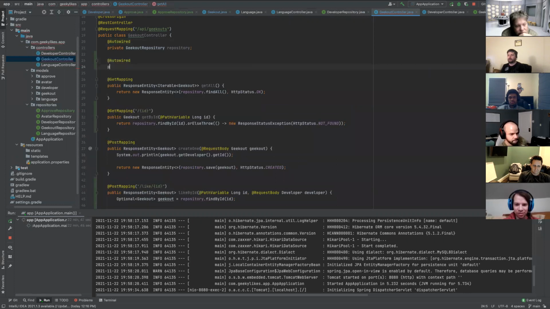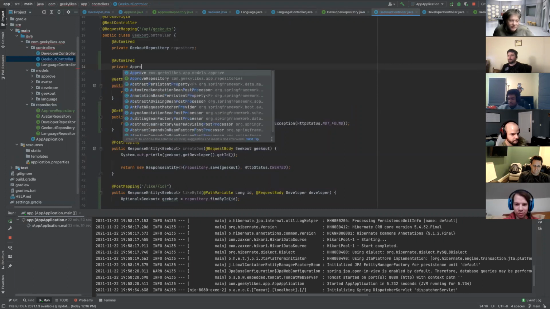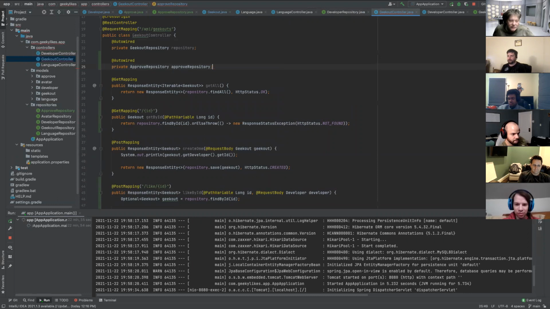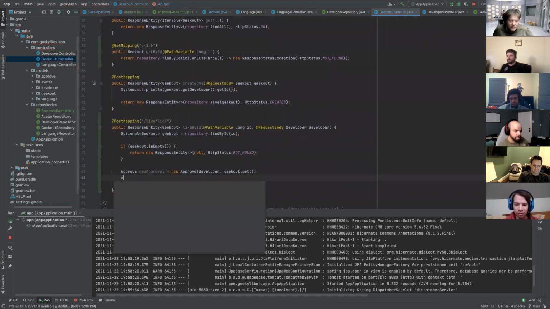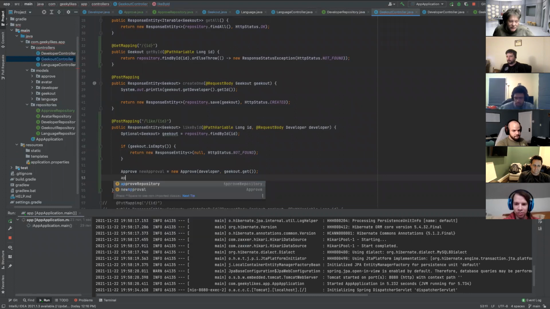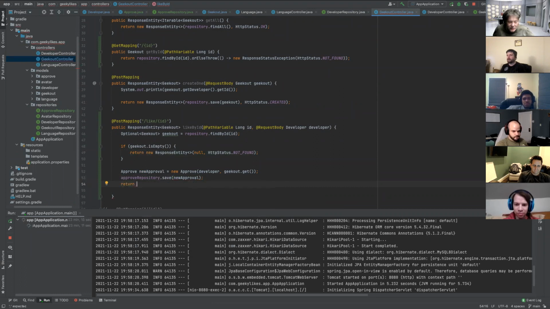So wired, private. Approve repository. Repository.save, new approval. Geek out. Oops, sorry. New response entity, geek out, HTTP status created. And as we saw before earlier,